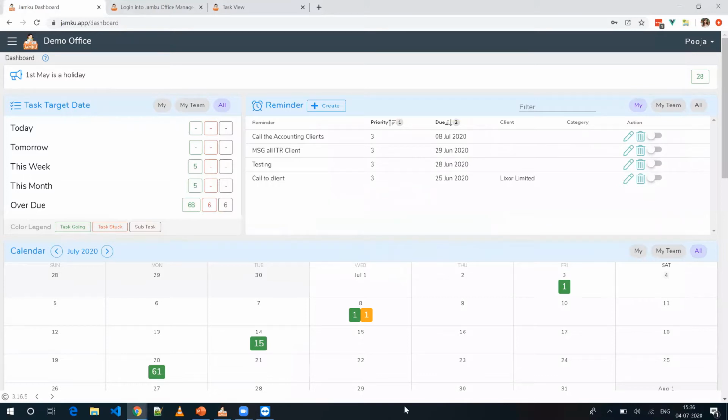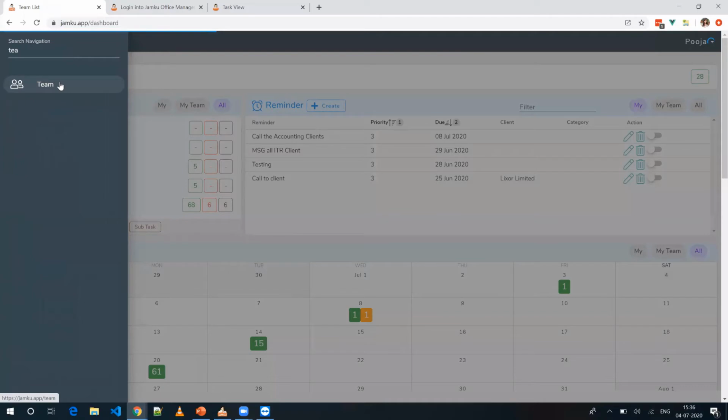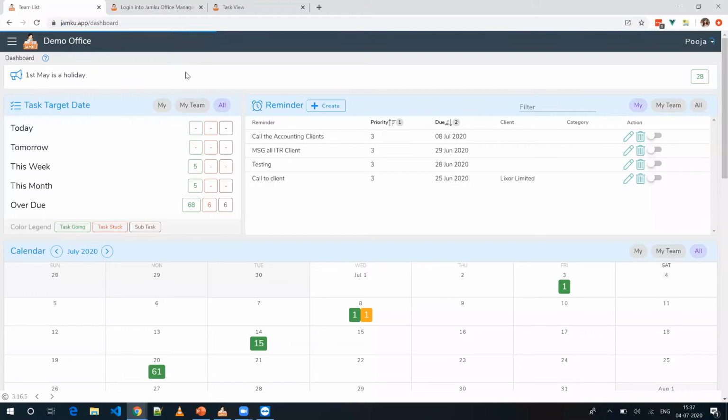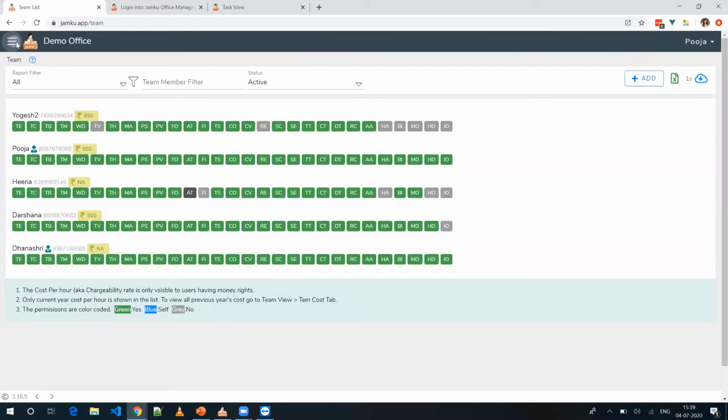Now moving forward, as soon as you log in, the first thing you see is your dashboard. We'll come to the dashboard section later when we cover the basic features, so that it becomes easier to understand all these things. The first thing here is the team page, wherein all of you have been added into the software. You can visit this page to add all the team members into the software. Over here, I'll see all the members who have been added into the office. So this is the first step, that is adding your team members.